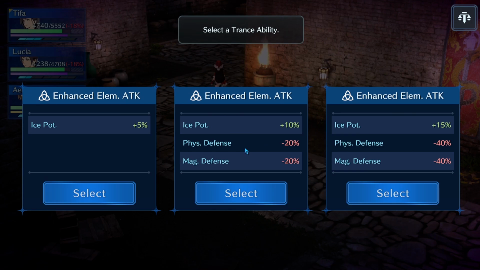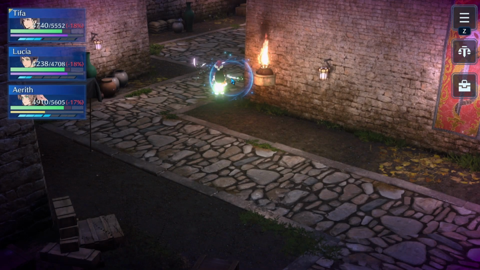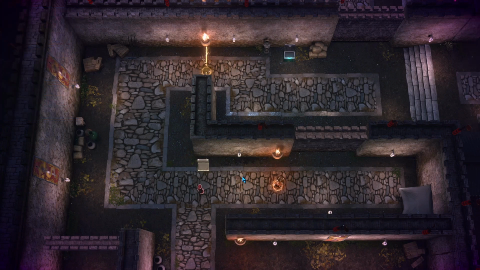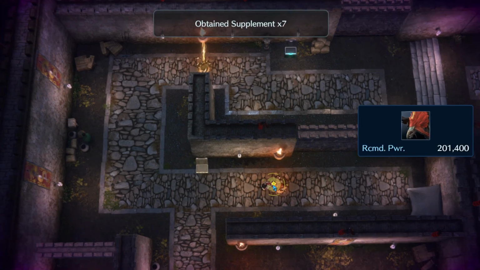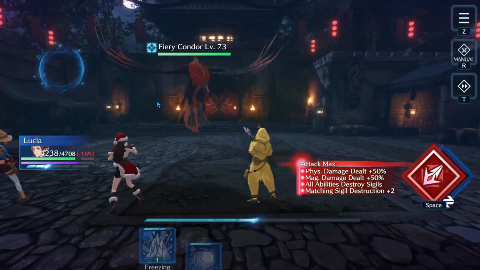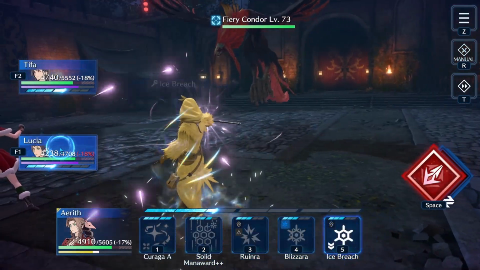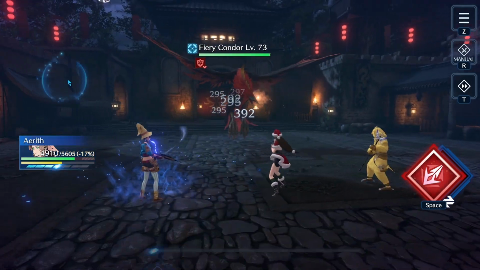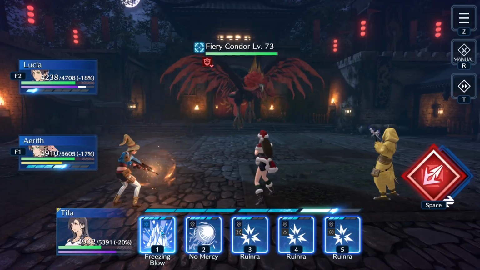And here, thought about this a little bit, but ultimately just going with regular ice potency plus 5%, because I think we are going to need our defense here. So go ahead and pick up this first potions, and then we'll go over to the second boss, which is the Condor. And again, as usual, going to go over to Aerith, Ice Breach, then go over to Lucia, Diving Burst. That stacks up to high potency, then get over on Tifa,